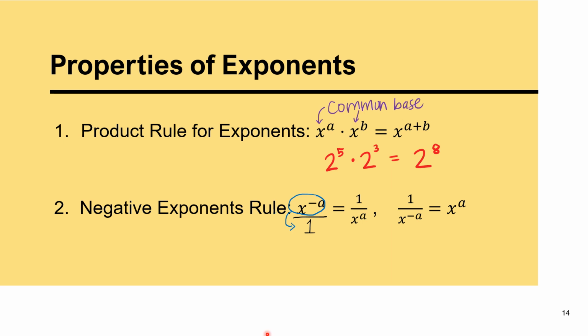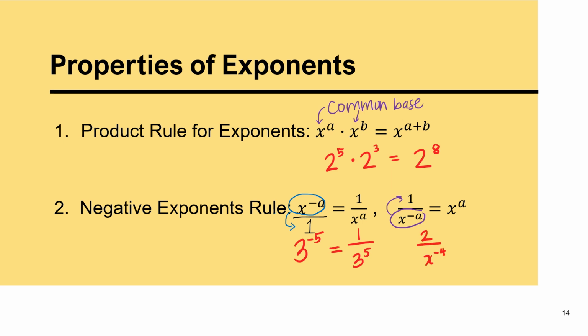And then similarly, if you had a negative exponent in the denominator, you would take that piece and you would flip it to the other side of the fraction bar, and it would go to the numerator. And then that would turn into a positive exponent. 1 times x to the positive a is just x to the positive a. All right, so let me show you an example of this. 3 to the negative 5th power is the same thing as 1 over 3 to the 5th. Right, and then similarly,